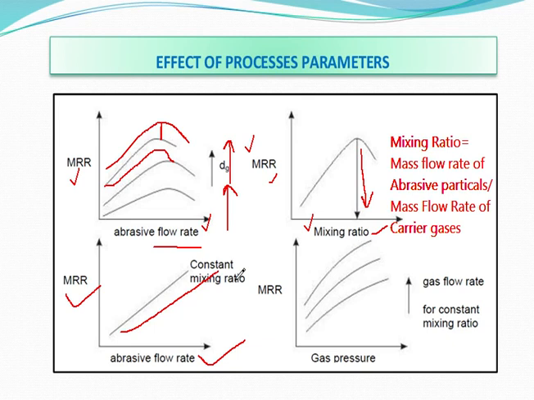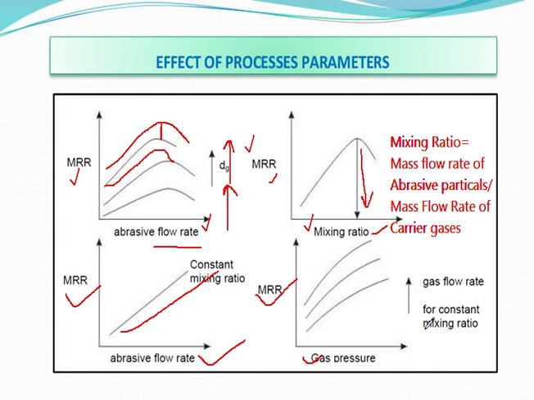Next we can also discuss the effect of nozzle pressure on MRR. As you can see, this is the gas pressure we are talking about. This is basically how the pressure affects the MRR. The abrasive flow rate can be increased by increasing the flow rate of the carrier gas. As I've already told, as the internal gas pressure increases, abrasive mass flow rate increases, and thus MRR also increases. So what we have to do is increase the internal gas pressure. This will result in an increase in abrasive mass flow rate, and this will help to increase MRR. As a matter of fact, the material removal rate will increase with increase in gas pressure.